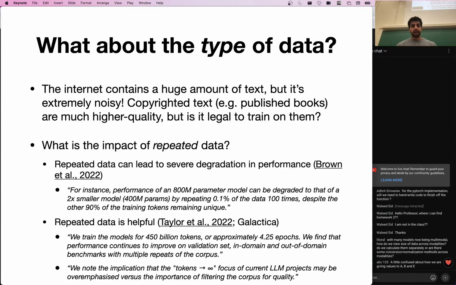Meta's Galactica model, in their paper, actually found the opposite result. With a much larger model, they trained their model for 450 billion tokens, which is 4.25 epochs. So they see every training example 4.25 times. We find that performance continues to improve on validation set in domain and out of domain